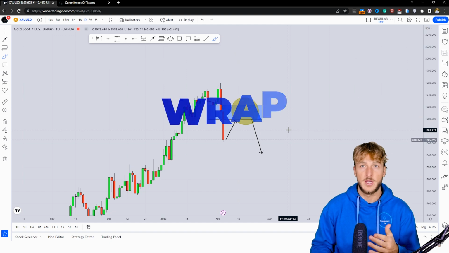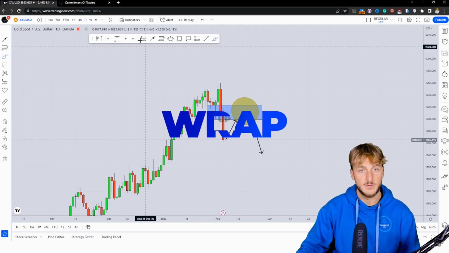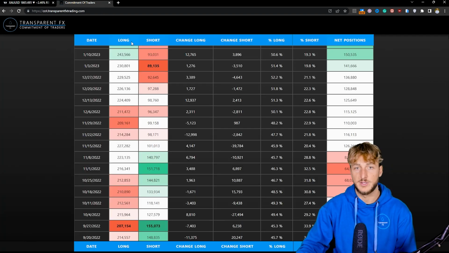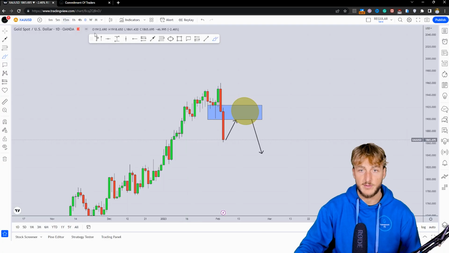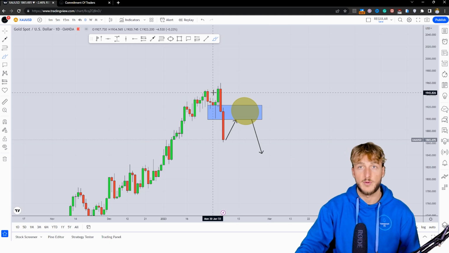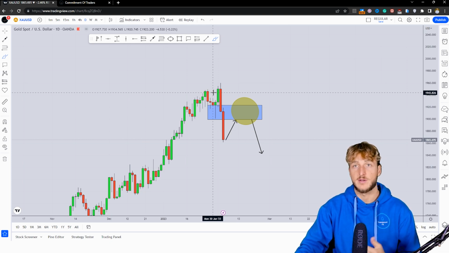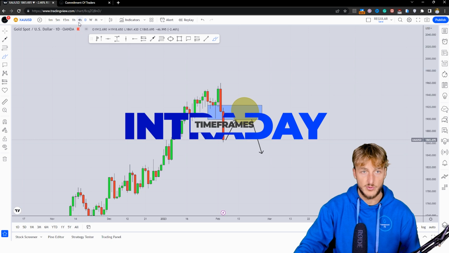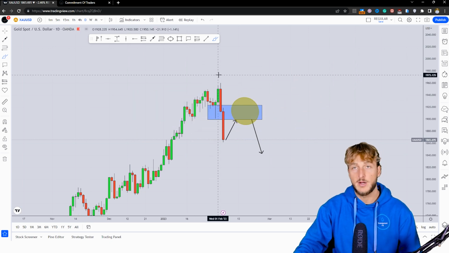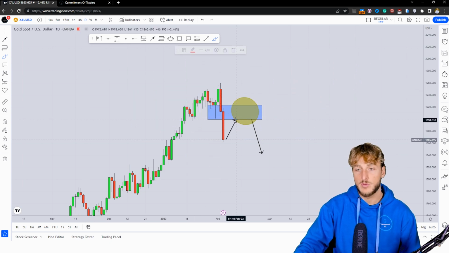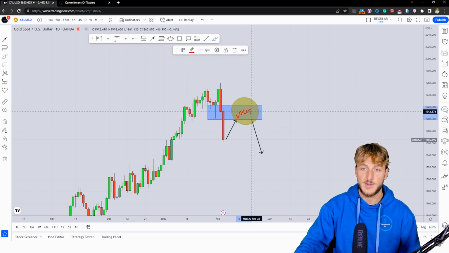Now, as usual, trading is reactive and not predictive. The monthly, weekly, and daily combined with the COT data are the best time frames from a directional perspective. However, when it comes to confirmations and entries, the best time frames are the intraday time frames, so 4 hour and lower. Therefore, what we could be doing is monitoring price action from an intraday perspective during this move to